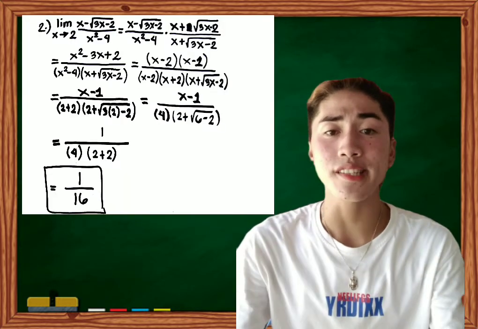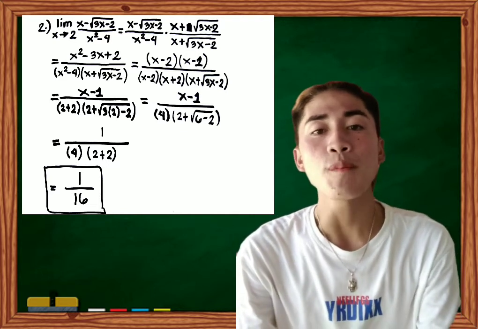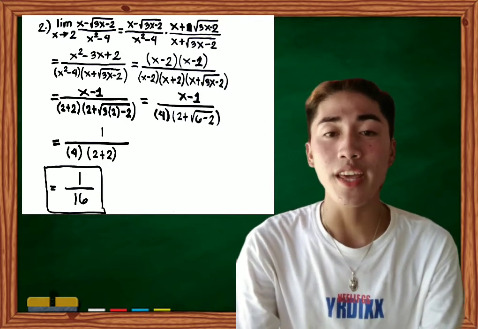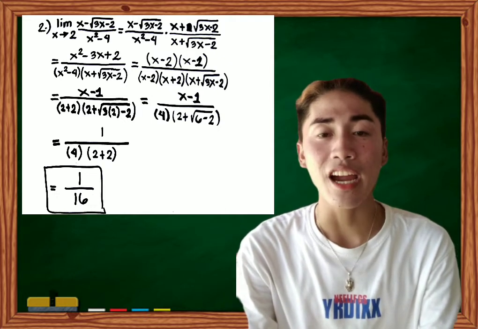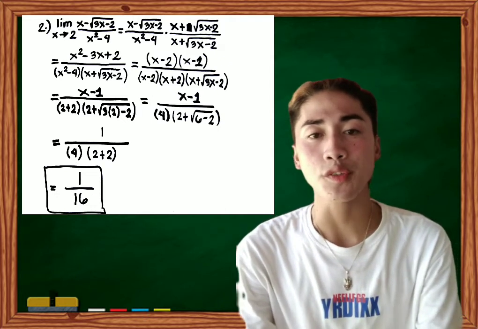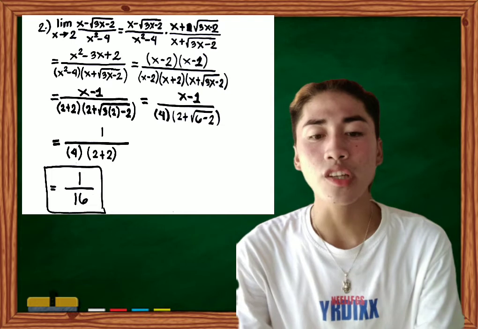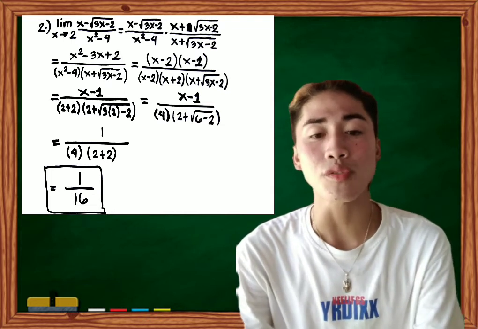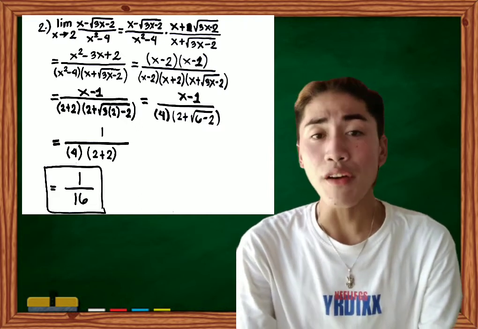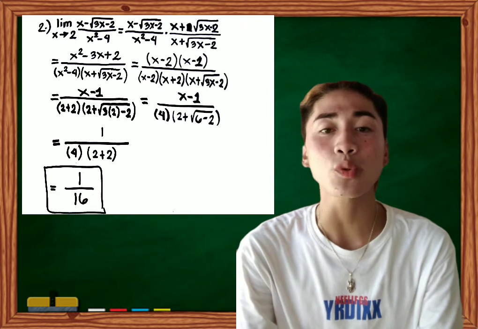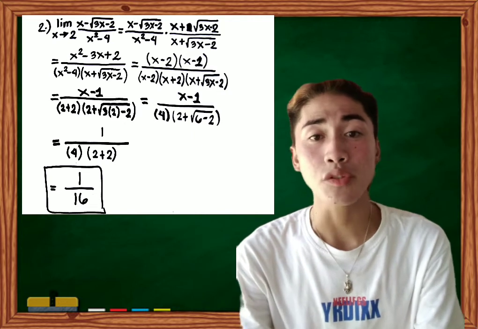And now let's proceed to our second problem, which is the limit of x minus the square root of 3x minus 2 all over x squared minus 4, wherein x is 2. Since our radical sign is found in the numerator, that's where we are going to have the conjugate. The conjugate of x minus the square root of 3x minus 2 is x plus the square root of 3x minus 2. After multiplying the numerator and denominator with its conjugate, we obtain x squared minus 3x plus 2